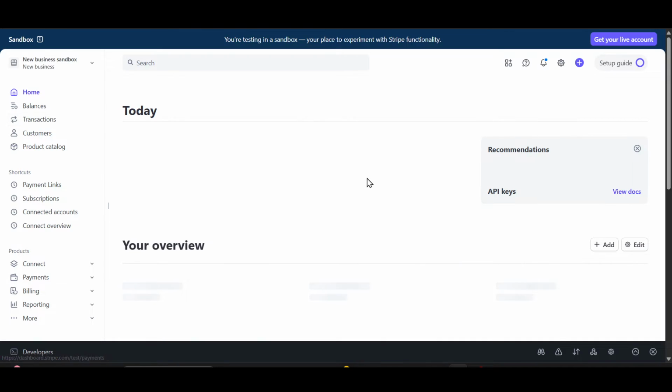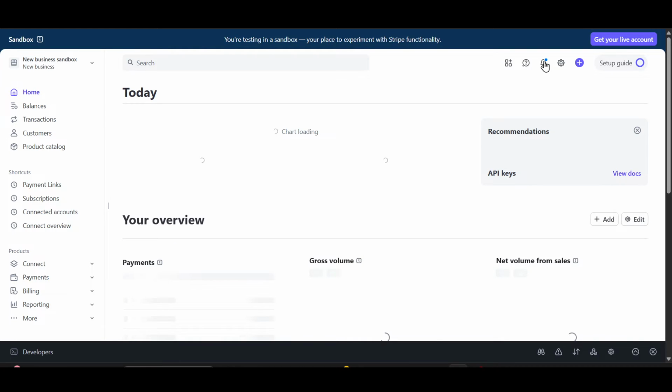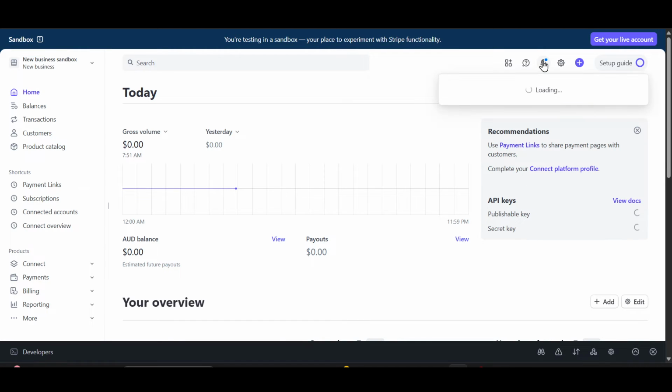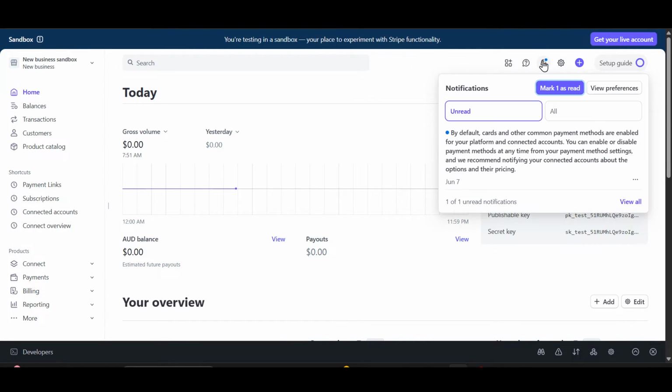After coming to the dashboard, on the right side at the top, you can see this bell icon, which is the notifications icon. Click on this, and after clicking on this, you will see the option of view preferences on the right side. Click on it,